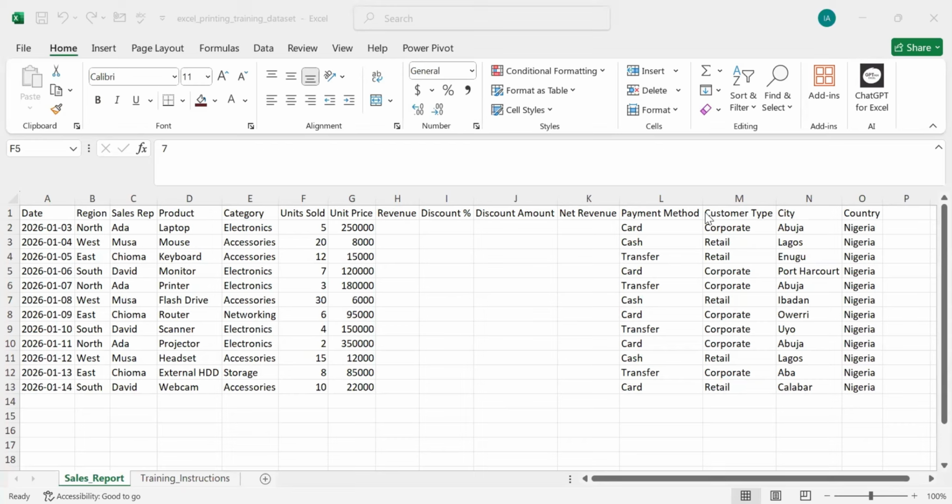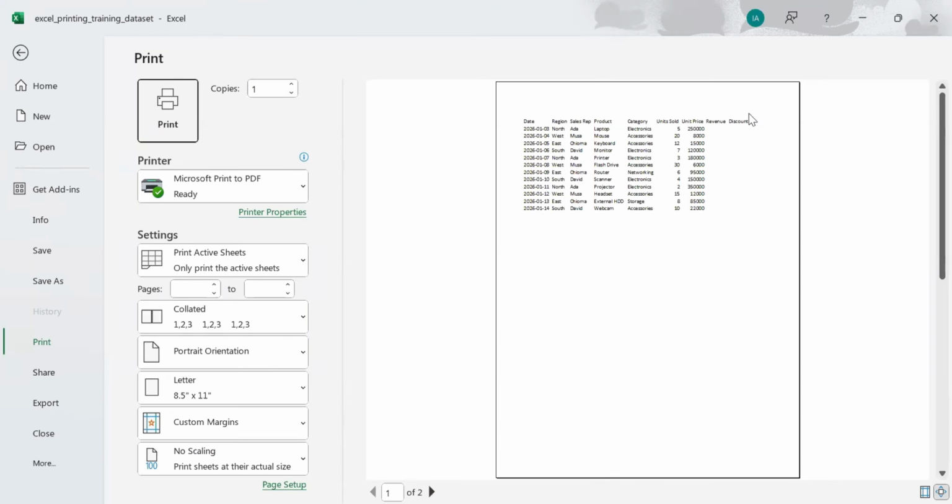Welcome to this session on everything you need to know about page layouts and printing in Excel. Before we go into it, I would like to ask you a quick question. Have you ever finished an Excel report, clicked print, and suddenly, for instance, we do this, say Control P, we can see from the print preview, columns are cut off, tables split across pages, you can see how this table splits across pages, headings will disappear, margins will look terrible,